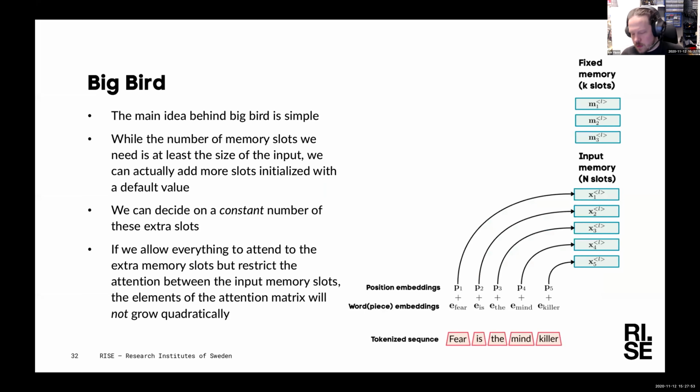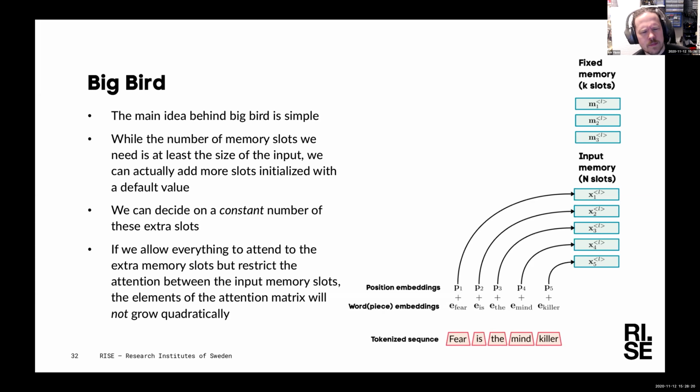As I said before, when we initialize this dynamic memory, we need to have at least as many memory slots as we have elements in our input set. But we can actually just add more memory slots. There's nothing really stopping us from doing that. So what they do in these kinds of models, and Big Bird is not the only paper which did this, the memory transformer,